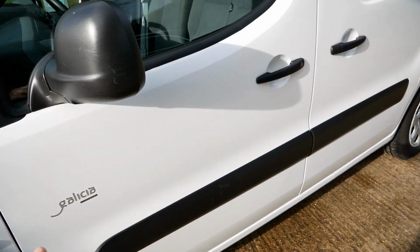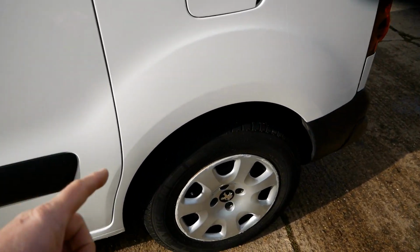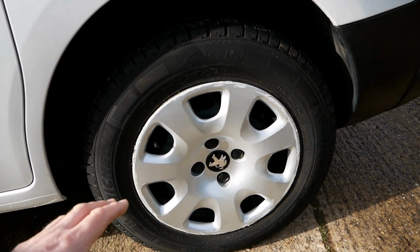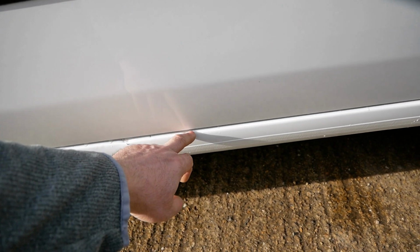Looking down this side, there's nothing to point out at all. It's really tidy, no scratching or dents. Some minor scuffing again on the plastic wheel trim there. I would just say the tyre tread depths are all on the website as well. Oh, there's a couple of little dents here